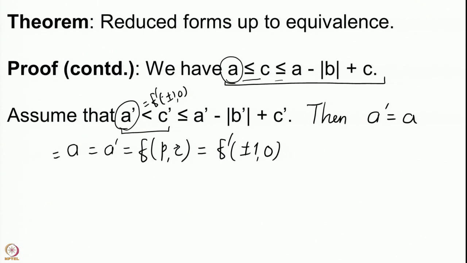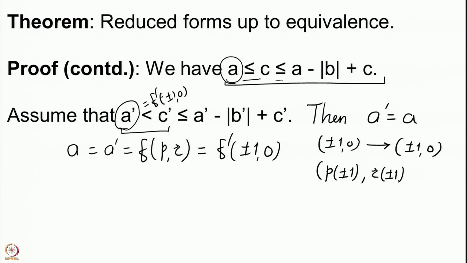So, what we get further is that when I have the integers plus minus 1 comma 0, you apply the change of variables and you still get plus minus 1 comma 0, we should have that p times x, which is plus minus 1, plus q times y is 0. So, we just get p into plus minus 1, r times x, r times plus minus 1, plus s times y, but y is 0.